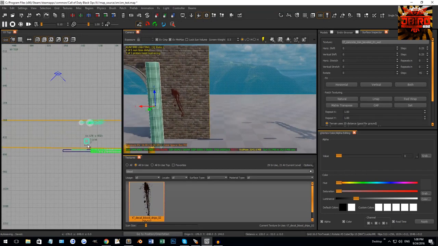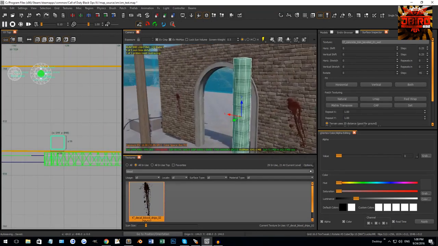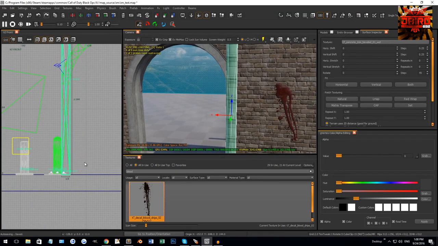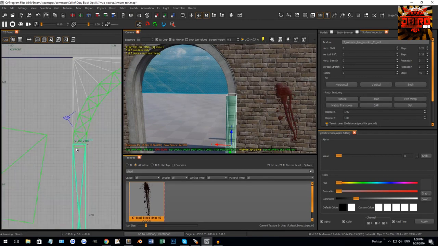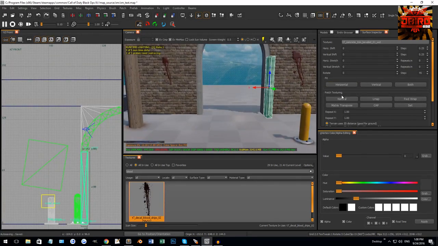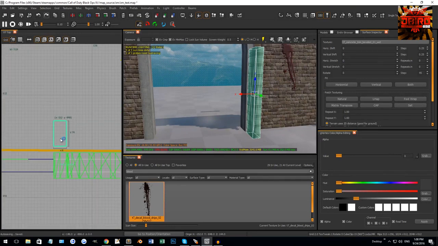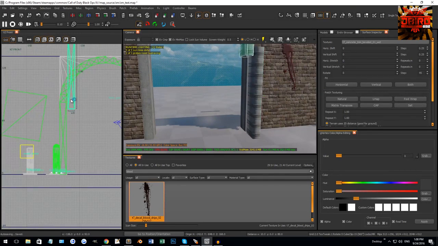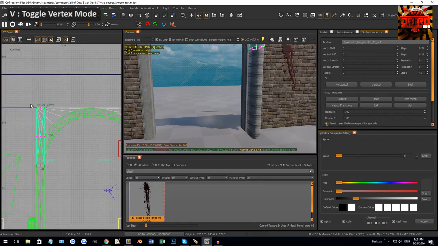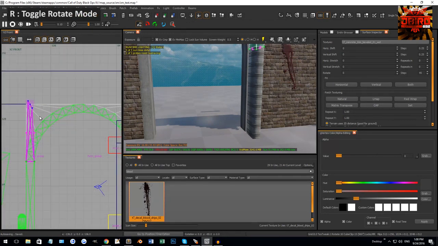So what we can do is I'm just going to use my other one as a guideline right now. I can line this up here and then drag this down. I actually did this in 4 parts. So I did the vertical here, the first part of the arch, the second part of the arch, and then the last part. So we'll go with that. And then I'm going to copy and paste this and drag it up, line it up, and then I'm going to go into vertex mode, 90-degree turn here, and then I'm going to bring it right to